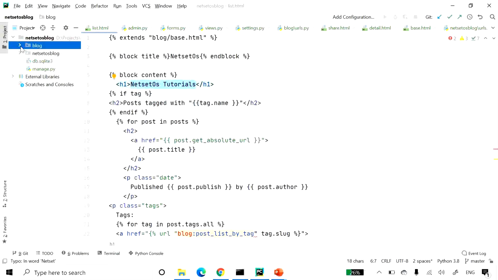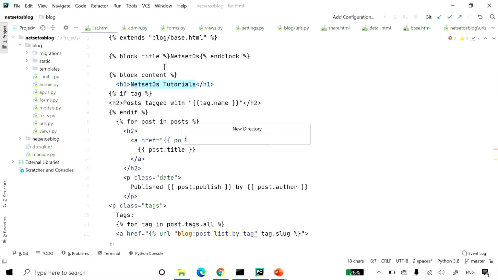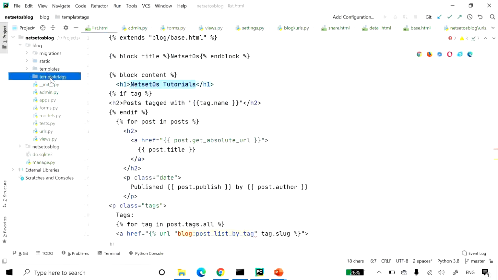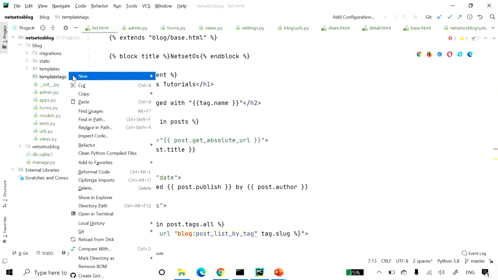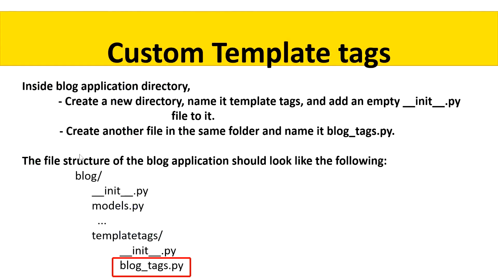Here inside the blog directory, we will create a new directory over here with the name templatetags. Then we will add an empty Python file. So I'll do the same. Here I will add a Python file and will name it __init__.py. Then we will create another file in the same folder and name it